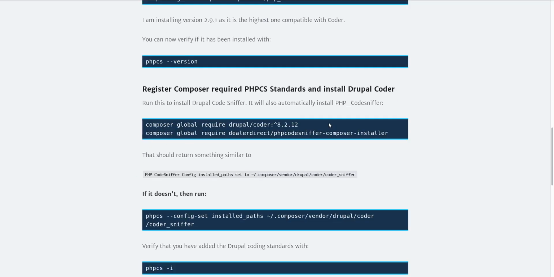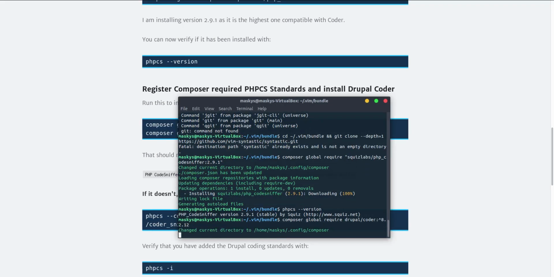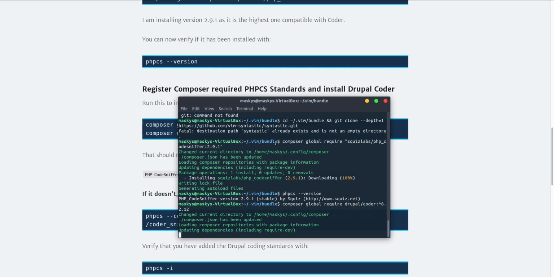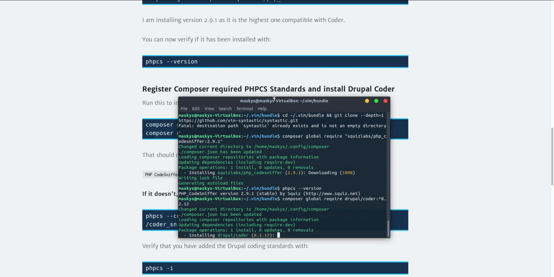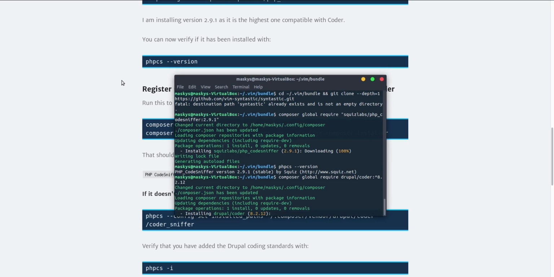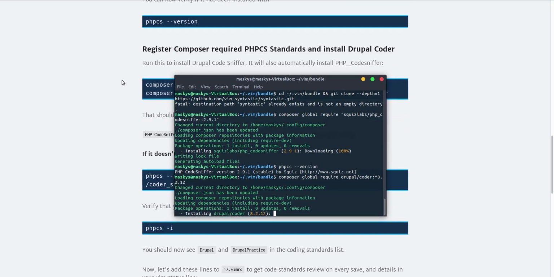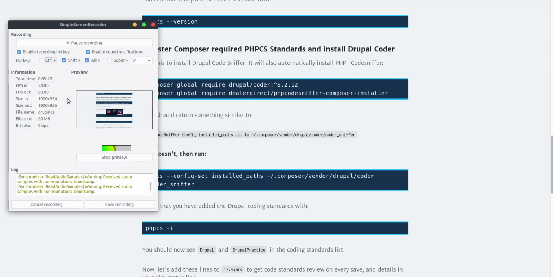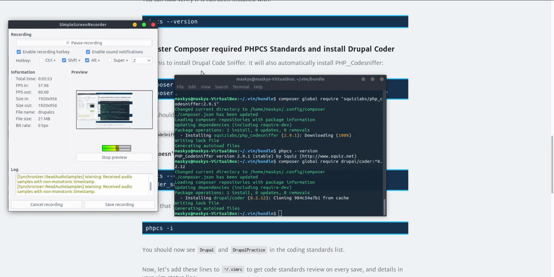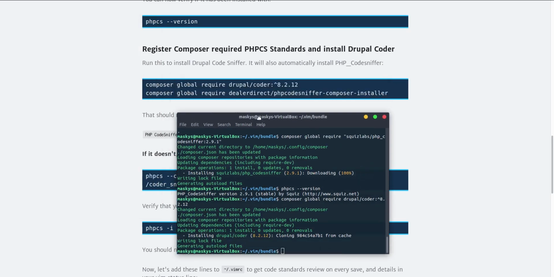Now let's install Drupal Coder. Right, let's just paste that in. composer global require drupal/coder 8.2.12. Wait for it to install. Should be over soon. Oh, this seems to be taking more time than usual. Alright, done. Next, let's